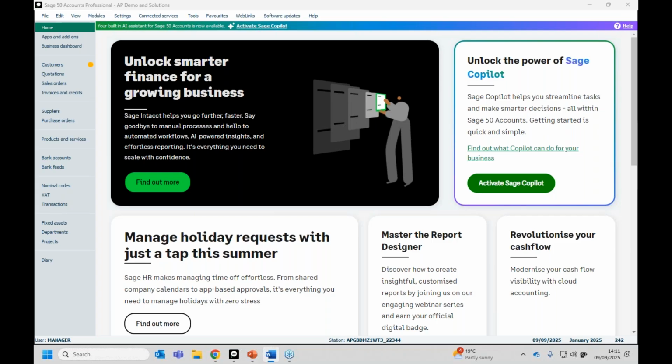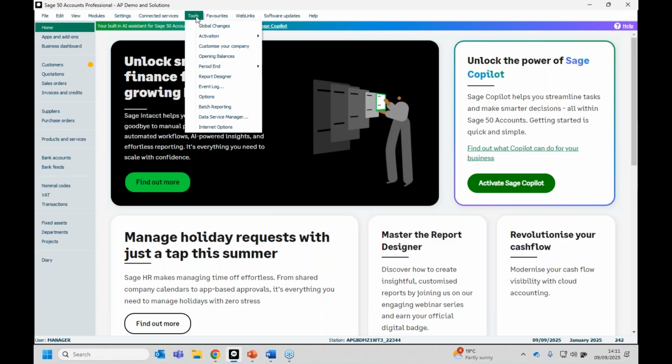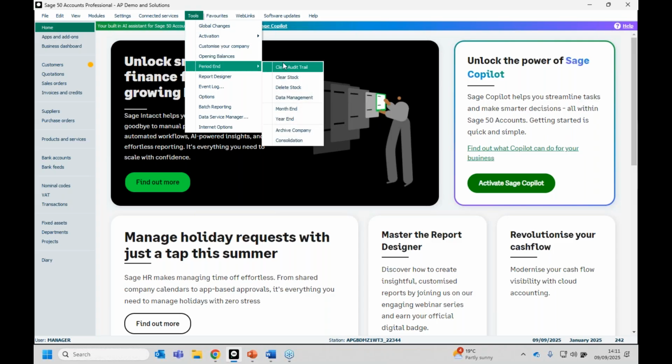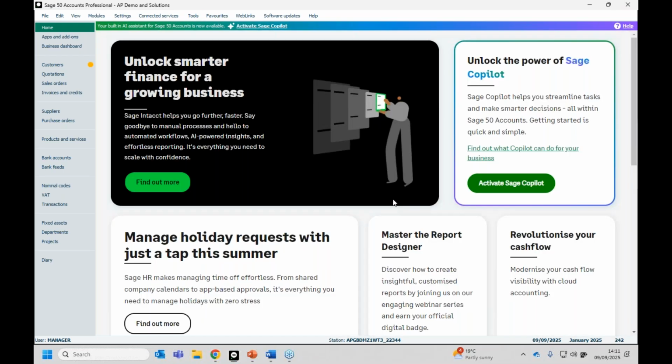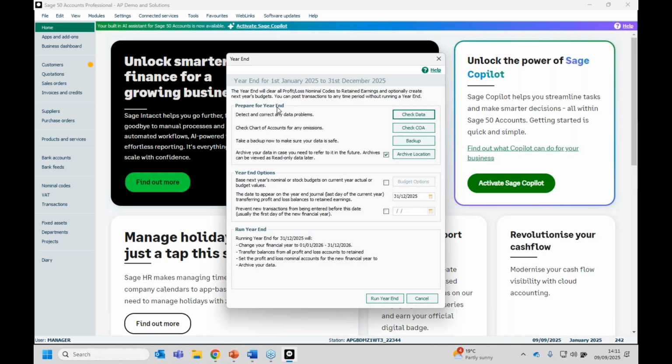So you may have done an archive before without even realizing it. When you run year end, it comes up as one of the options. So if we pop into tools, period end, year end, in your prepare for year end section,